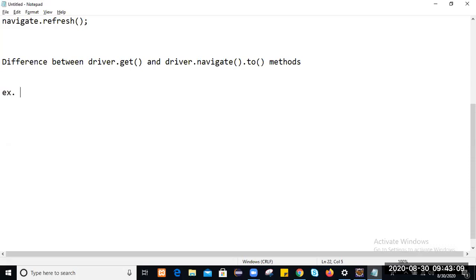For example, with driver.get, we use http://www.facebook.com like that. That is for the driver.get method.